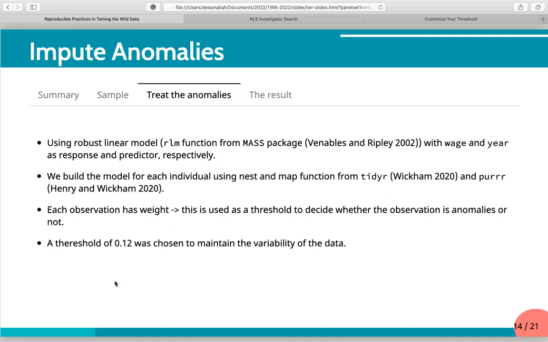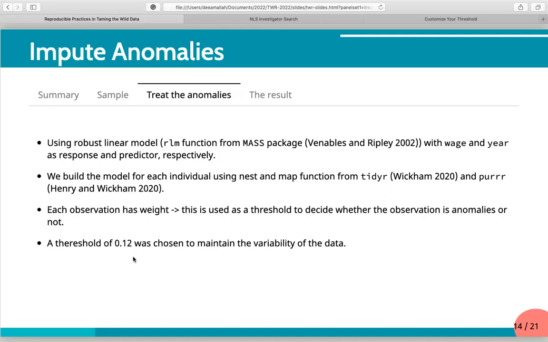This comes from several simulations, where this weight can treat the anomalies and eliminate the extreme values, but also still maintain the variability of the data. And it is related to the real characteristic, because in the real world wages are not always going up, but could go up and down.